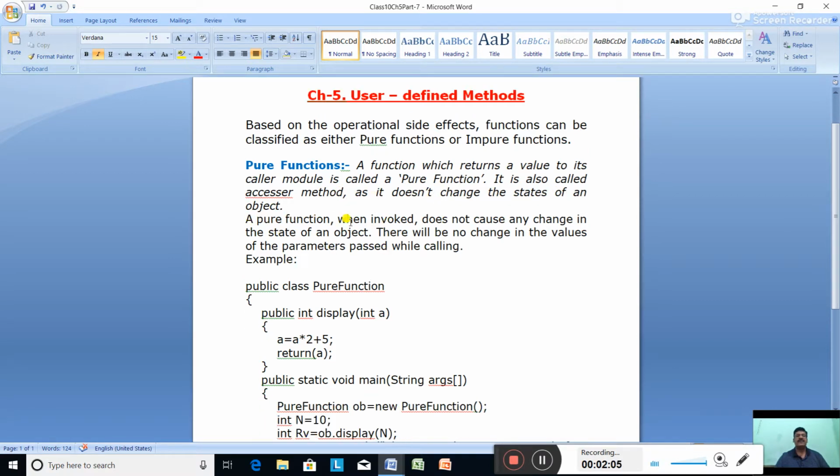A pure function, when invoked, does not cause any change in the state of an object. That means there will be no change in the values of the parameters passed while calling.